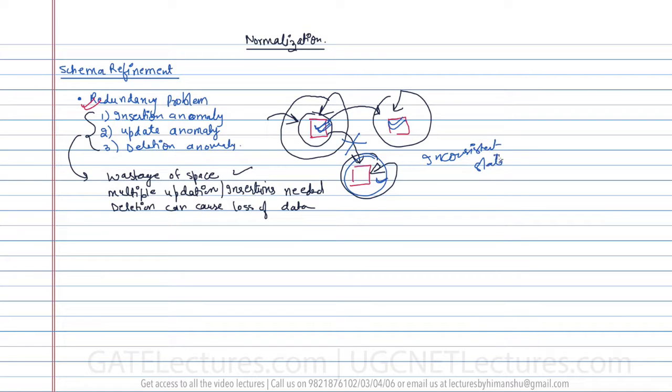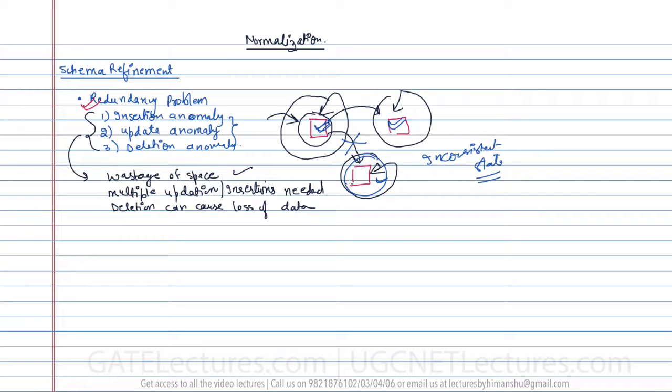So that inconsistent state is caused by these kinds of anomalies, which can cause an inconsistent state of the data items. Okay, so when we try to normalize the schemas, we are trying to remove all these anomalies as much as possible,